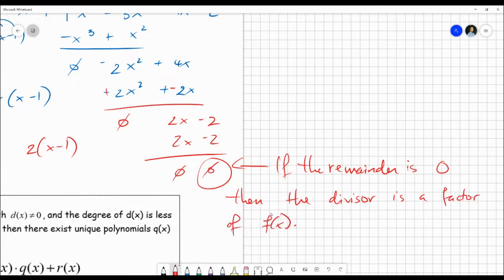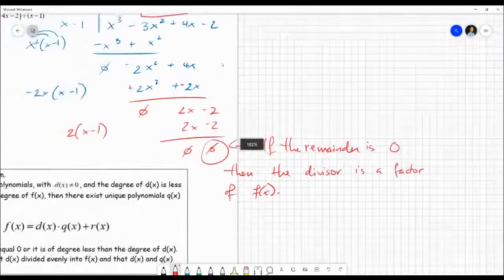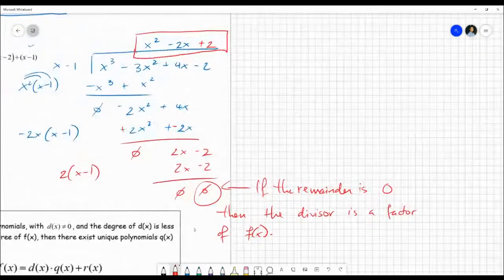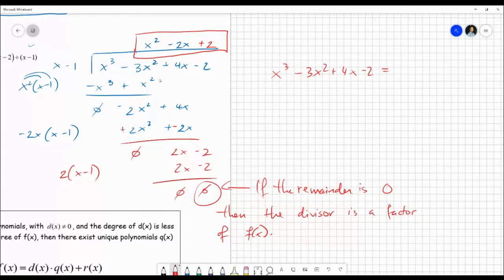Okay, so if you see up here, this is what I mean. So if I have x cubed minus 3x squared plus 4x minus 2, and I was able to divide by